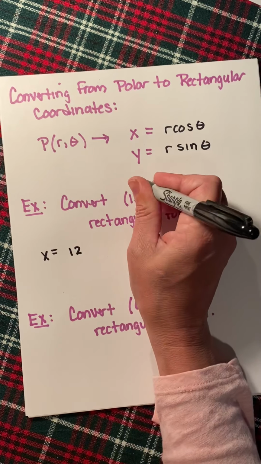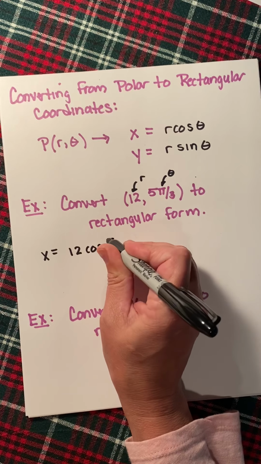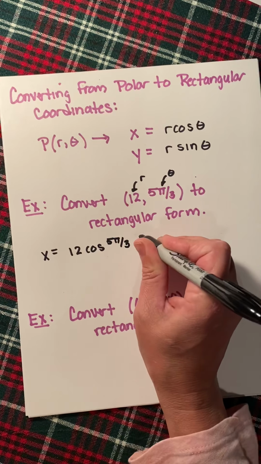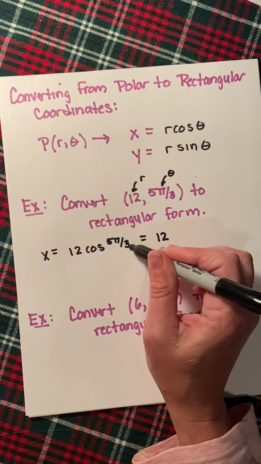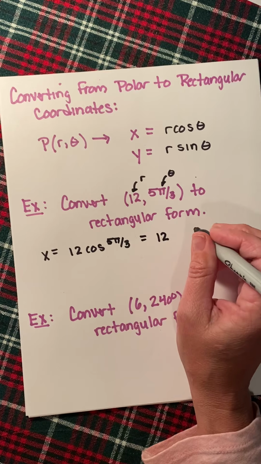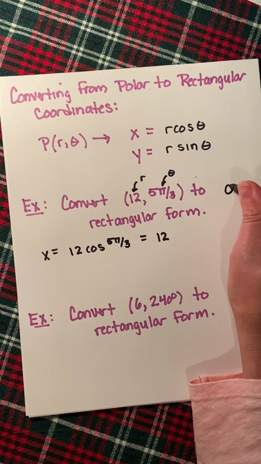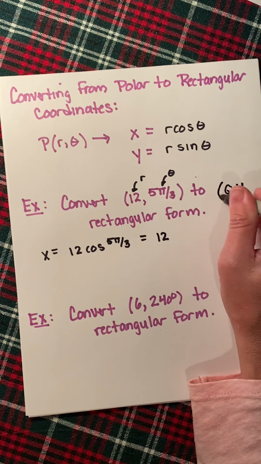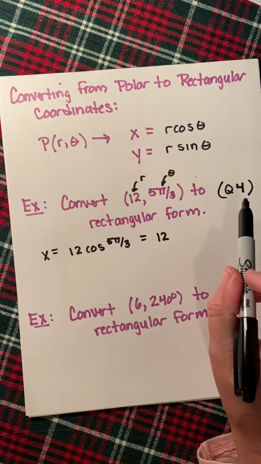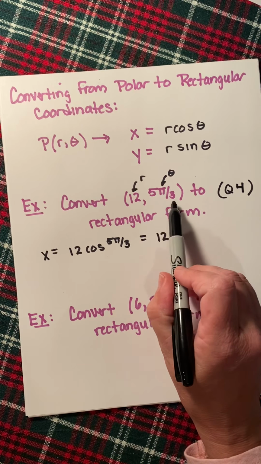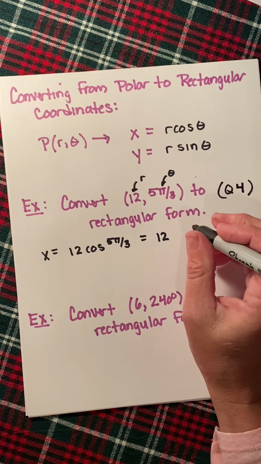12, because this is r, and this is theta, so it'd be 12 cosine of 5 pi over 3. The cosine of 5 pi over 3, well, it's a multiple of 60 degrees, so it's a half. Keep in mind, if we go 5 pi over 3, we're going to be in quadrant 4. This is really super important: make sure when you get your x and y coordinates that they also fall in quadrant 4. 5 pi over 3, well, pi over 3 is 60 degrees, times 5 is 300 degrees, so we know we are in the 4th quadrant. So it's going to be 12 times 1/2,